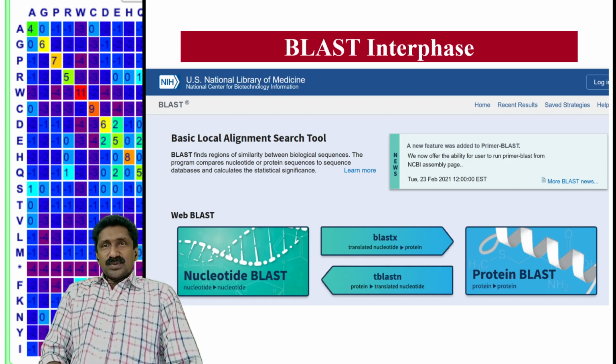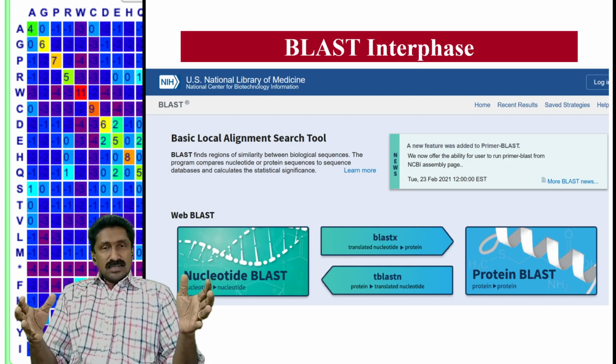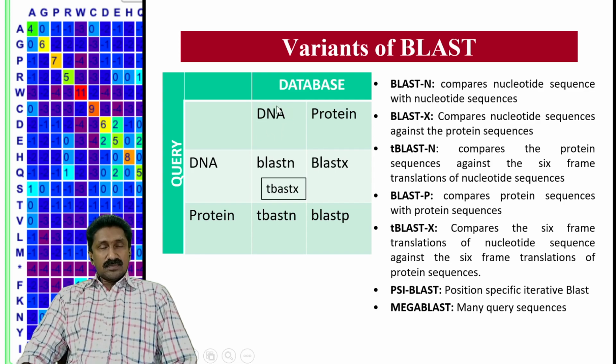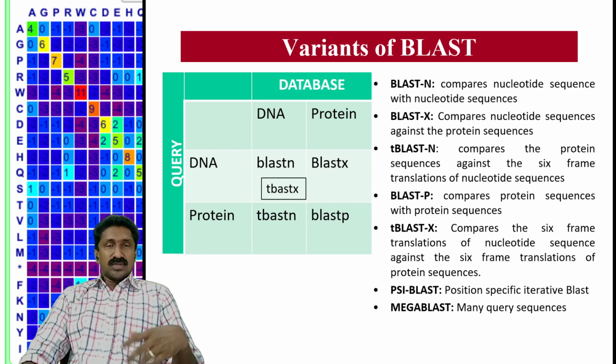No, actually you don't know that because you have only a database with a DNA sequence. Here the problem is, say you are considering TBLASTN: you have a protein sequence, and you want to compare that protein sequence with a DNA sequence to identify the gene coding region in the database. You don't know whether that sequence is obtained from organism X or organism Y, and which region of the DNA is actually coding for that particular protein.